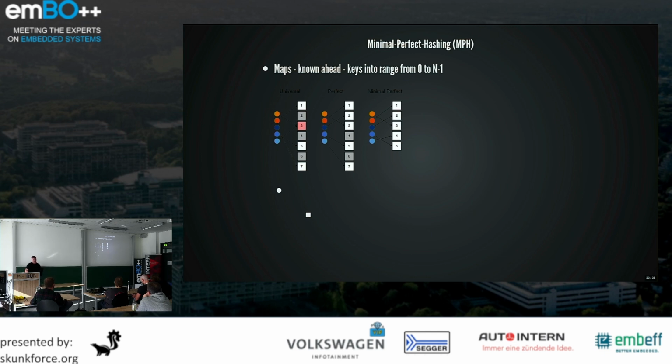Another one is universal hash. gperf, who's using gperf? Someone. That's the perfect hash. And there are options here. I'm not going to dig into details because I have little time. But what you can do, if you have